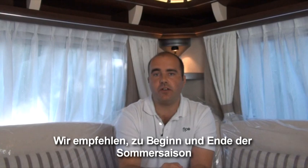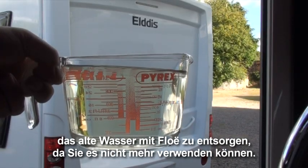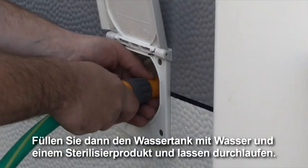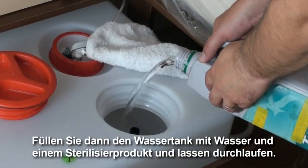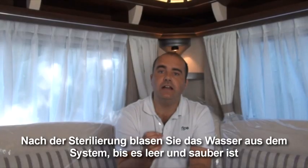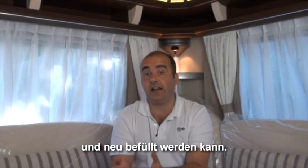So let's say we're at the start of the end of the summer season. What we suggest is that you use Floë to blow out that old stale water as it is no use to you. Then you fill the water tank with fresh water and a sterilising product and run that through the taps. Once the system is sterilised, then blow out that water, leaving the system completely empty, clean and fresh, ready